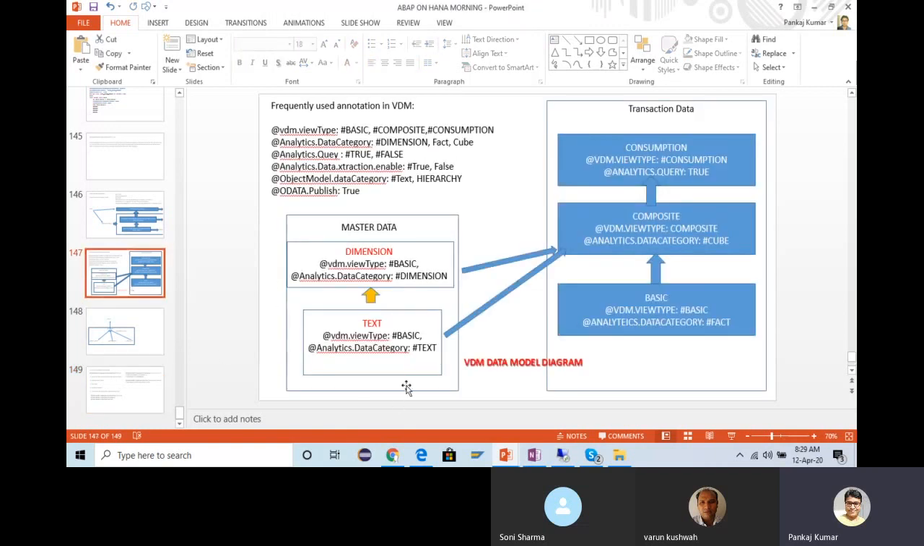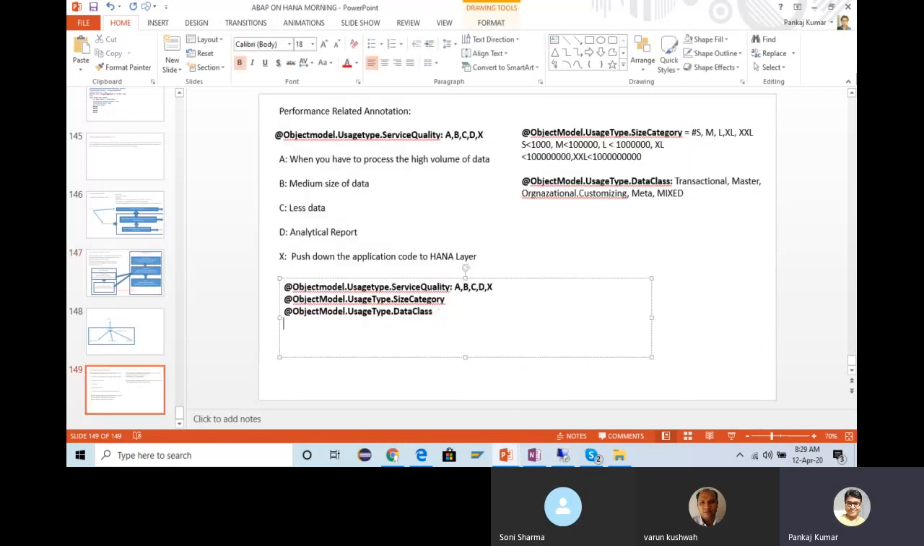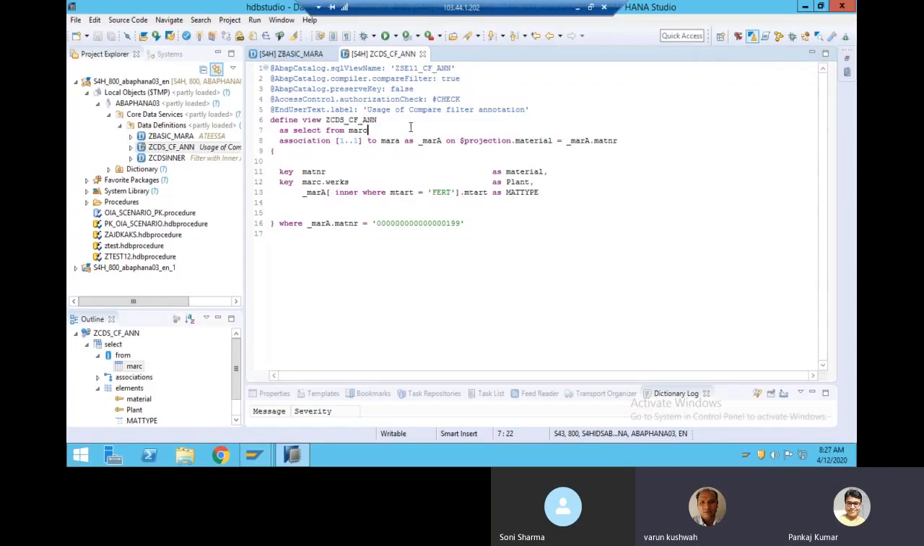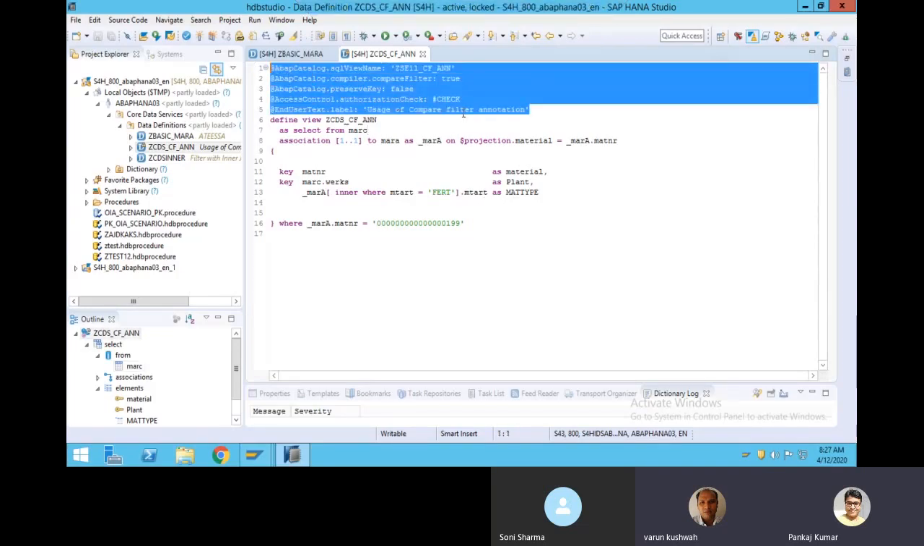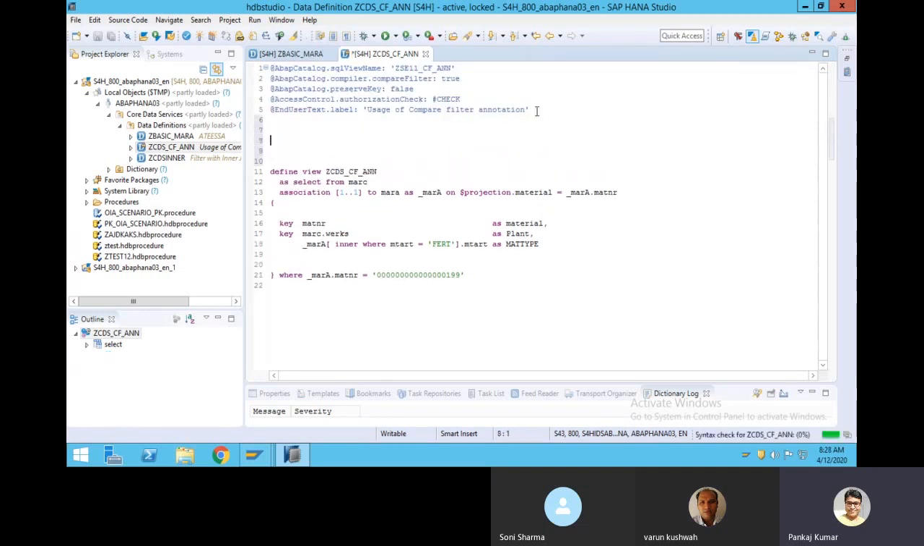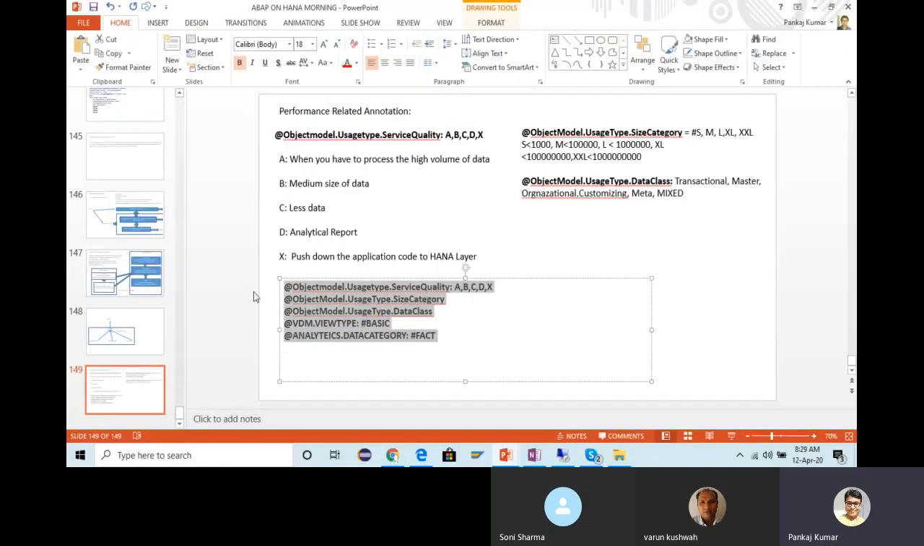And then another annotation: if it is a basic view, then for the basic view you are going to use this annotation. So just come over here. For the basic view you are going to use this particular annotation. So just 5 annotations you have to use, in addition to this extra annotation. By default this annotation is already coming, so you just have to give some space and copy all these things from here and come over